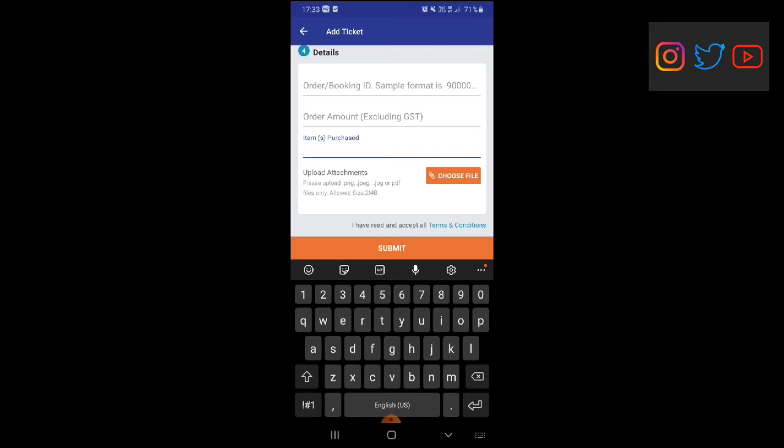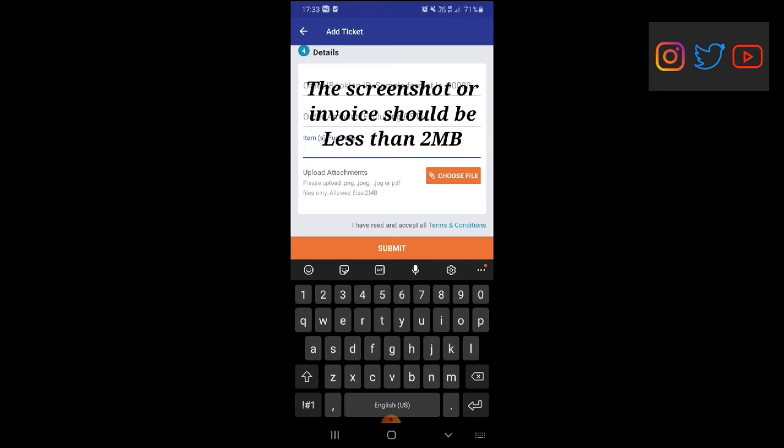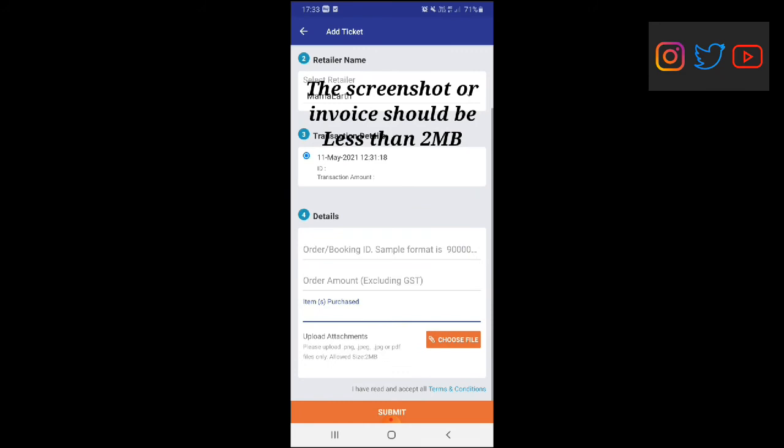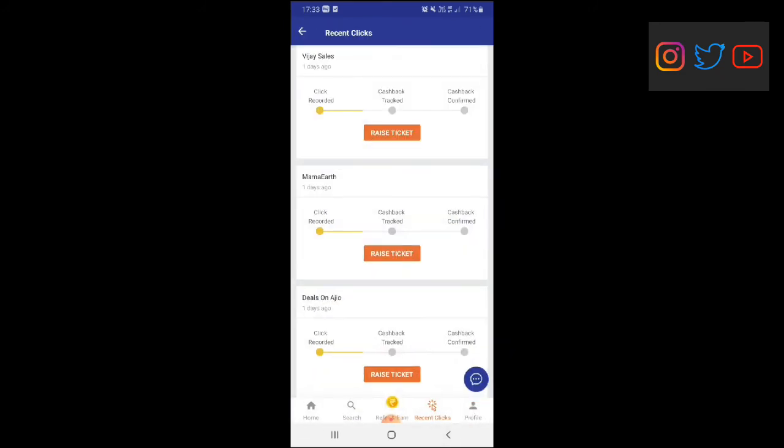Okay, so there can even be an option to download the invoice. You can also download that and upload it here. Okay, either a screenshot or an invoice. So after doing that, you can submit it. Now the second way is you have to go to profile,